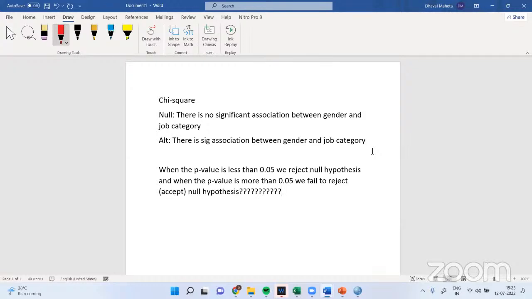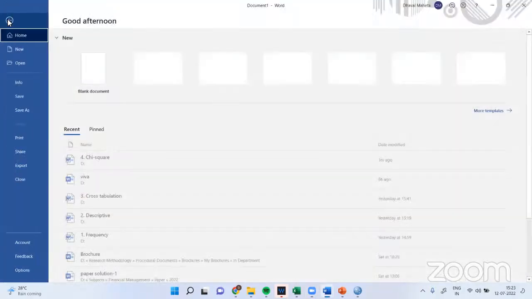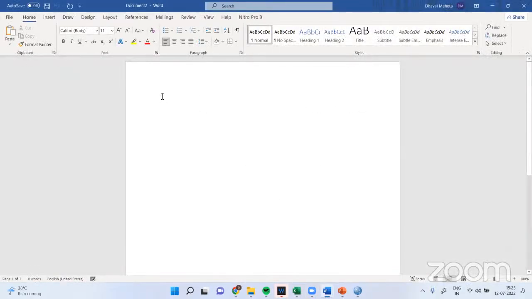Anybody? So there is... Because, sir, it falls under that 95% of acceptance that you showed. So less than 0.05. That is, we reject the null hypothesis, and therefore there is a significant association between these two. If the calculated value is more than the tabulated value, then